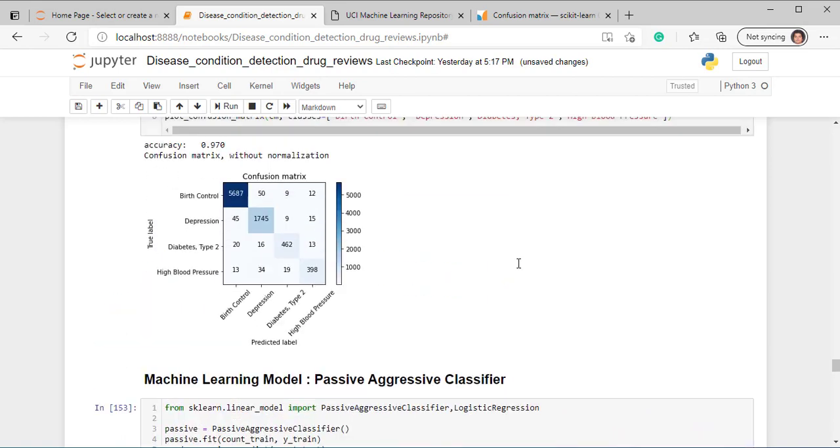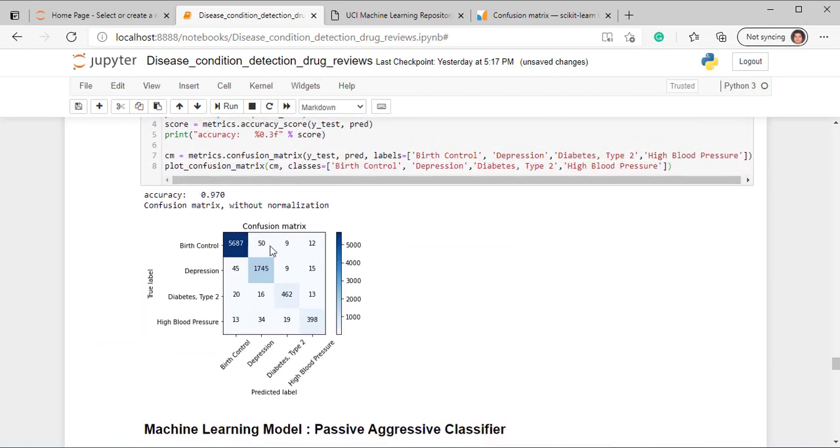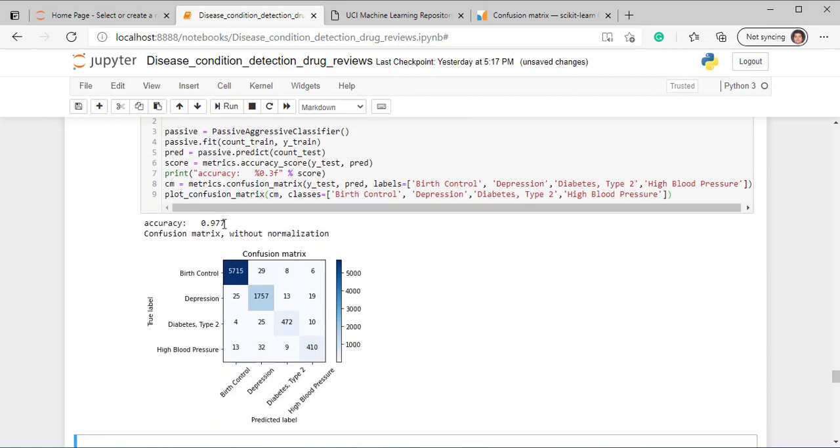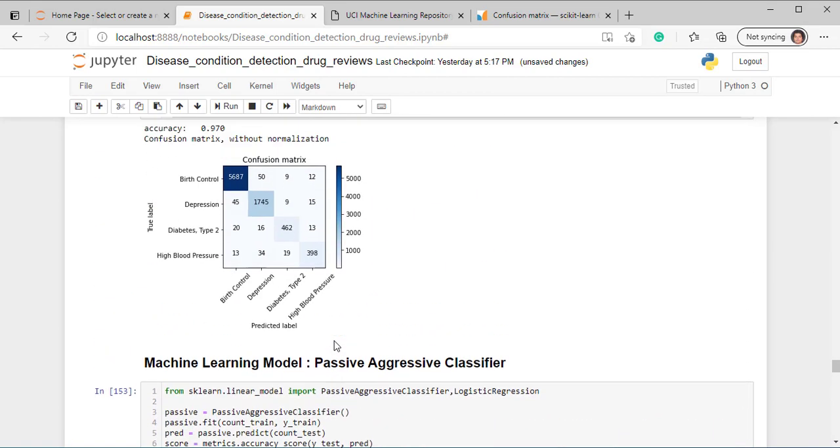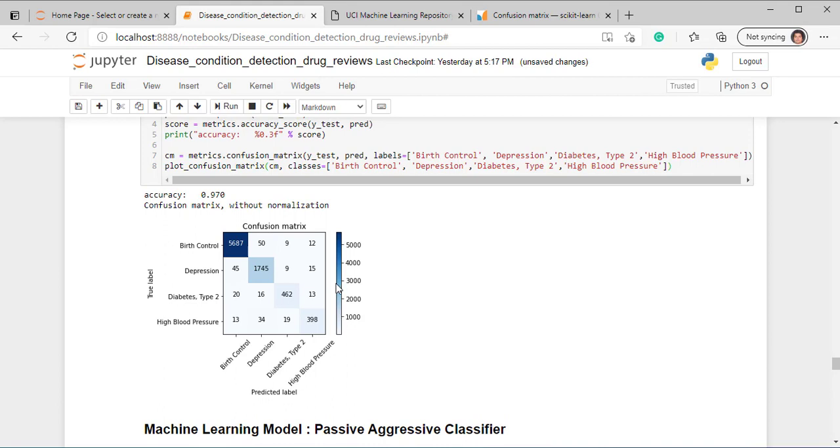As you can see here, we obtain 97% accuracy, and here we get 97.7% accuracy. If we look into the confusion matrix, we see that birth control has the highest number of predictions. The reason is that most of the classes are birth control, which we have seen in part 1 of the video.